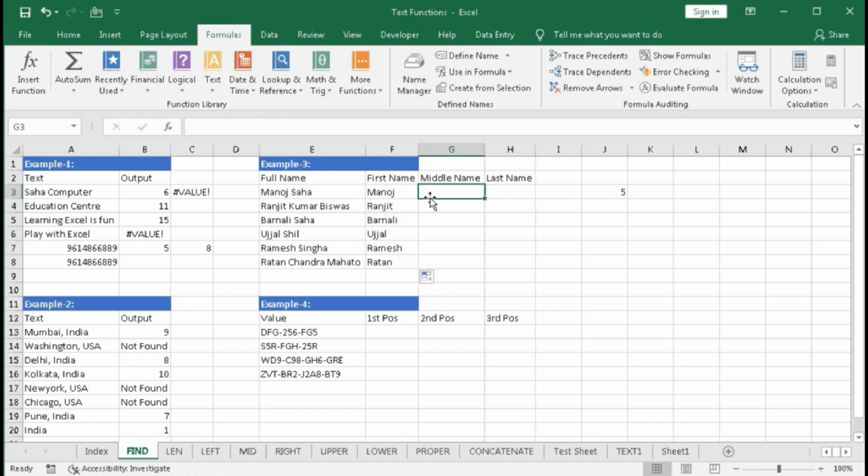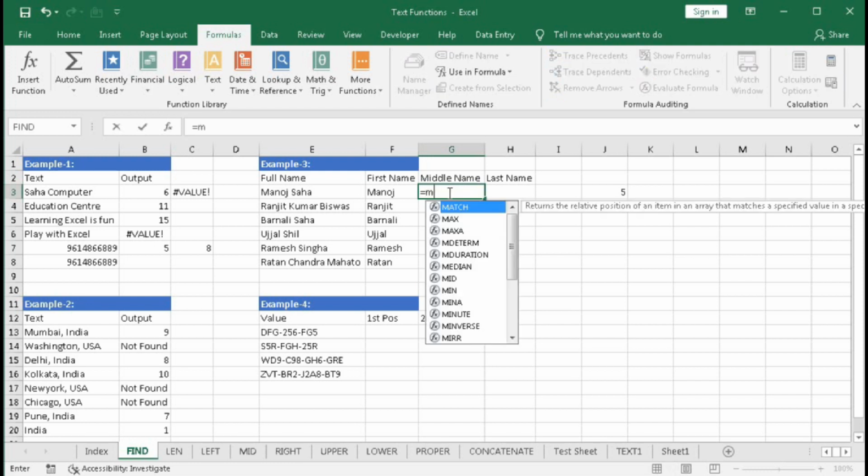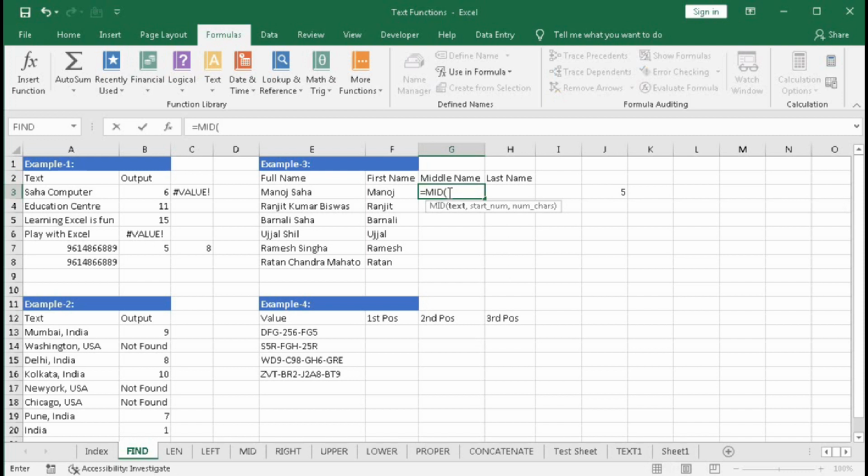Now we want to fetch the middle name. So for that we have to use the MID function, so equal to MID. So our text will be this cell, comma, starting number. So the starting number will be after the space. So after the space, here we have the last name, here we have the middle name. So this is a bit confusing. Let's see. First we will take the example of this cell.